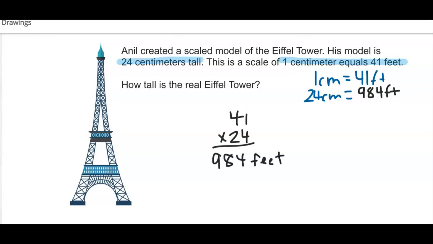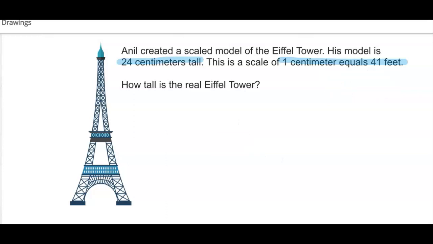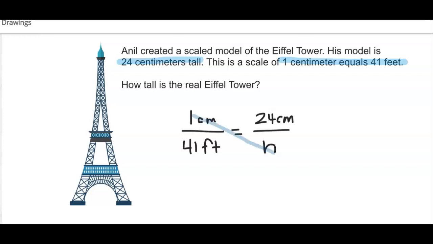We could have also solved this using a proportion. We know that 1 centimeter in his model is the same as 41 feet for the actual tower. Anil's model is 24 centimeters tall, so I will set 1 centimeter equal to 24 centimeters. I will use h to represent the height of the actual tower. In a proportion, the cross products are equal to each other. So I will multiply and set the cross products as equal to each other to determine the height of the